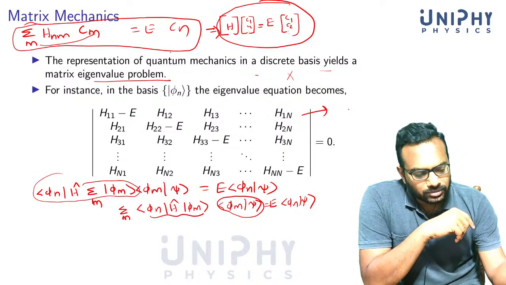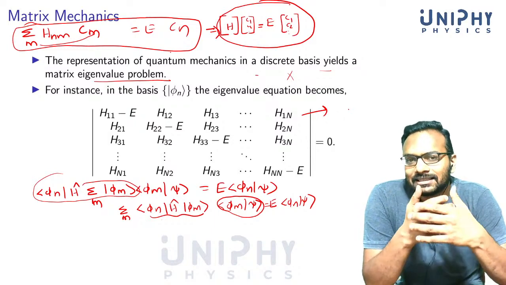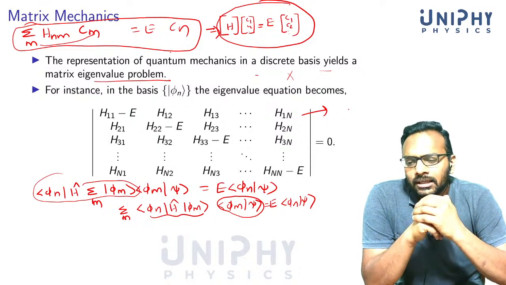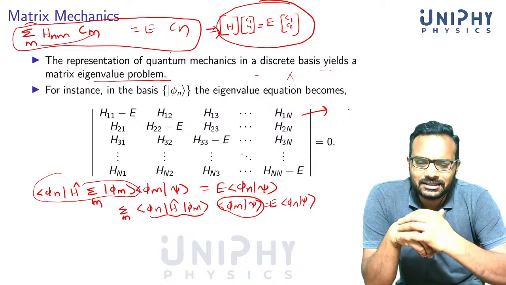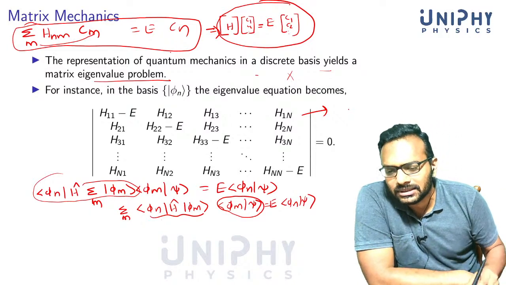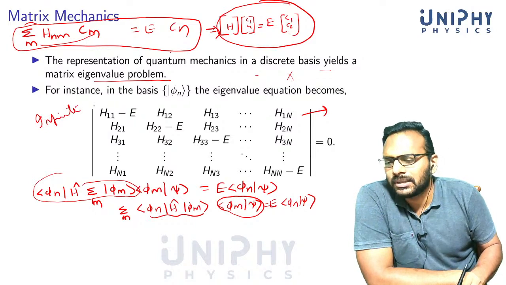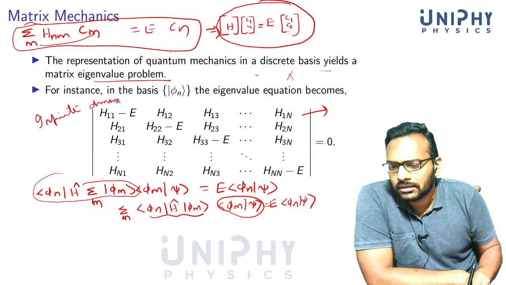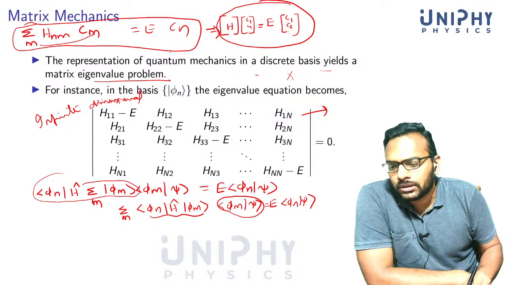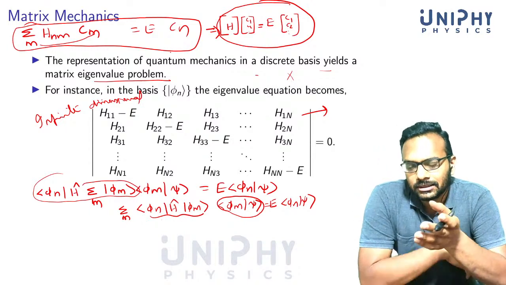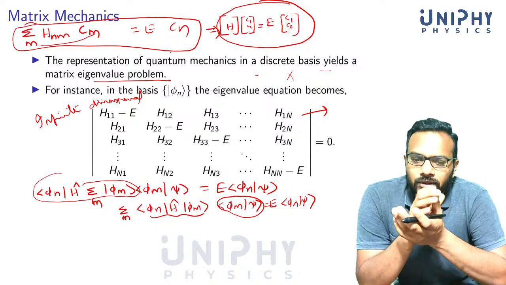Matrix mechanics is the most convenient if the basis used is discrete. But if you are dealing with continuous indices, it's difficult, because then this matrix becomes infinite dimensional. It becomes difficult. In principle, you could do this thing. You could actually use it also for a discrete basis.